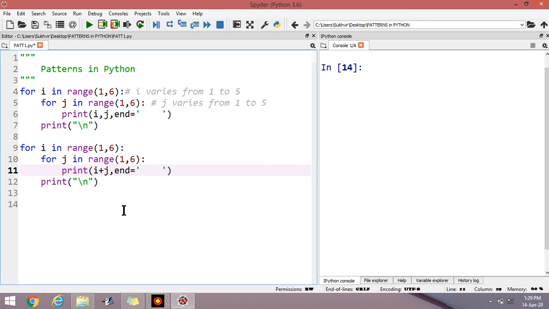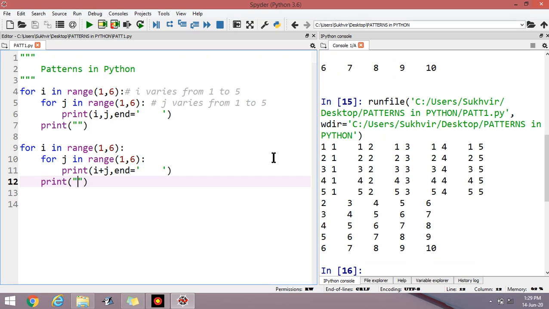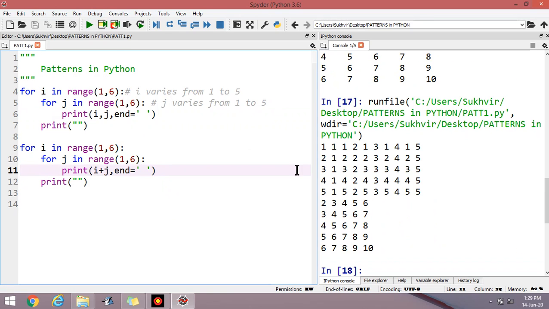Let us execute the program and check the output. Suppose I write only the space here and execute the program. Reduce the space also from here, and also from this point. Check the output now.